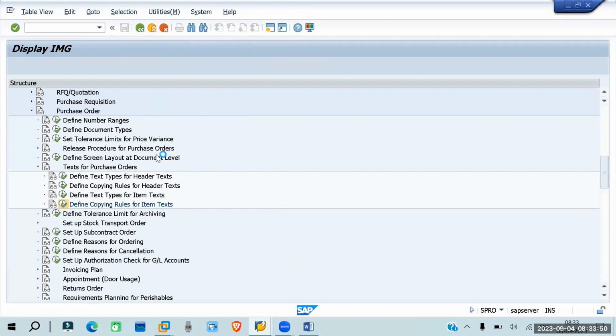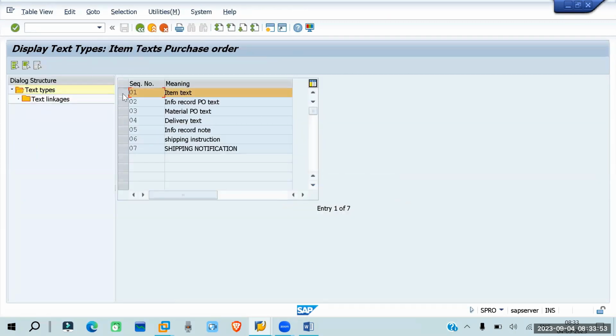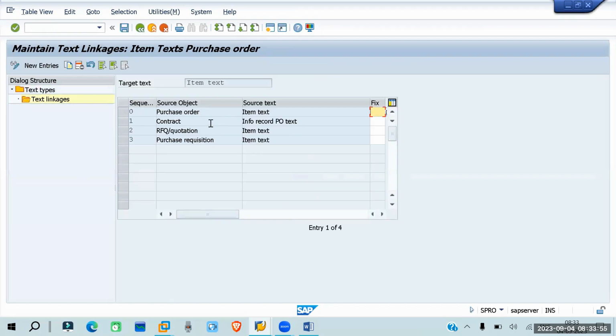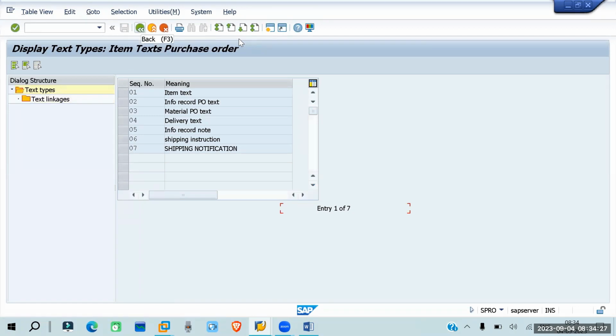Similarly for the item text, you can go to item text, and go to text linkages. Here the item text can be copied from the source object purchase order, where you can directly enter it, or it can be copied from contract, quotation, or purchase requisition also. Let's say you are making purchase requisition as a fix. Then if anything is maintained in the purchase requisition, it will be copied to the purchase order. So this is all about our configuration of